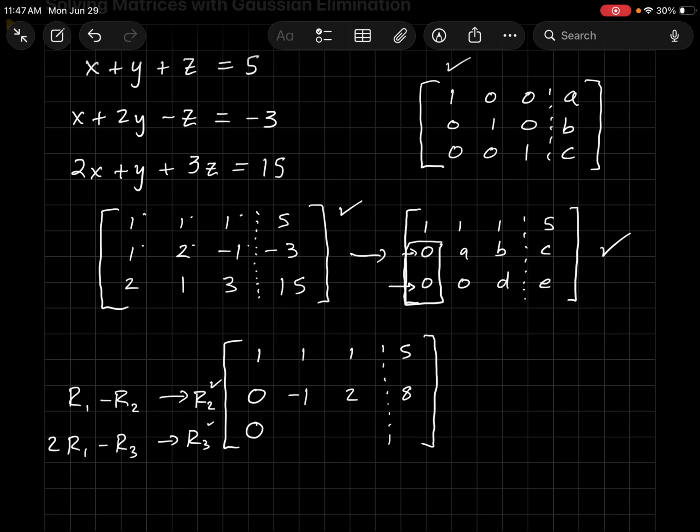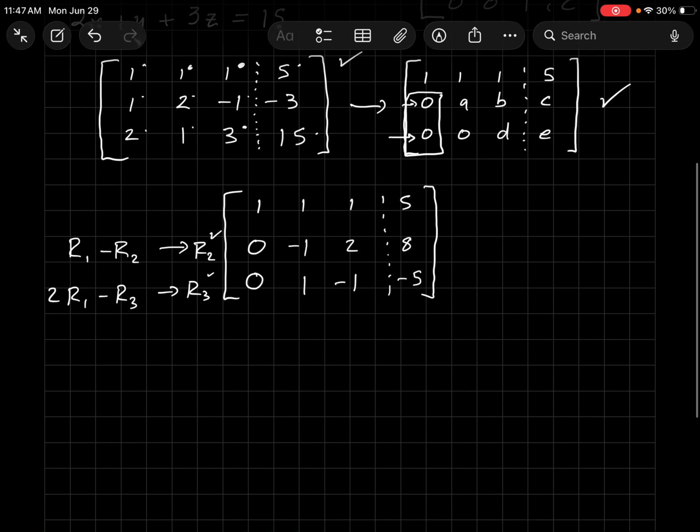If I do 2 times row 1 minus row 3, I get 2 times 1 minus 2 gives me 0. Perfect. That's exactly what I wanted. Now all the other numbers will be whatever they are. So I'm going to do 2 times this 1 minus the row 3. So 2 minus 1 gives me 1. And then 2 times the 1 minus 3 gives me negative 1. And finally, 2 times 5 minus 15 gives me negative 5. So I have what I want,